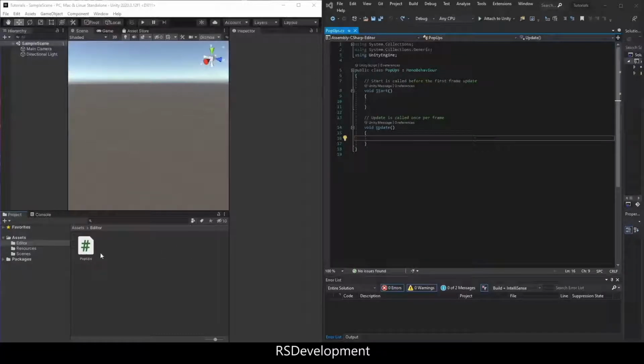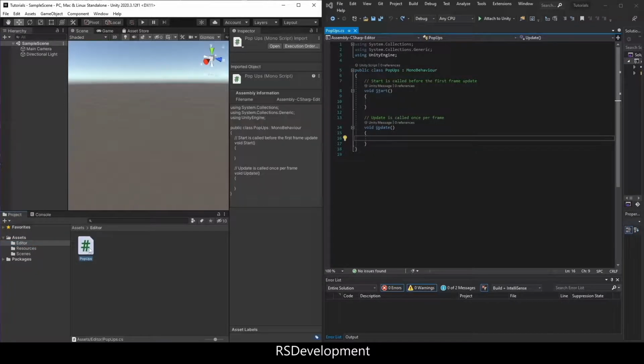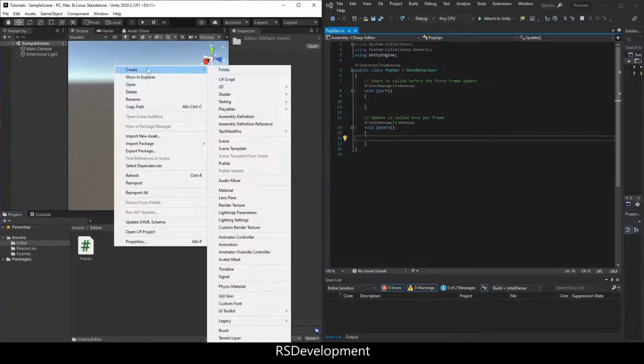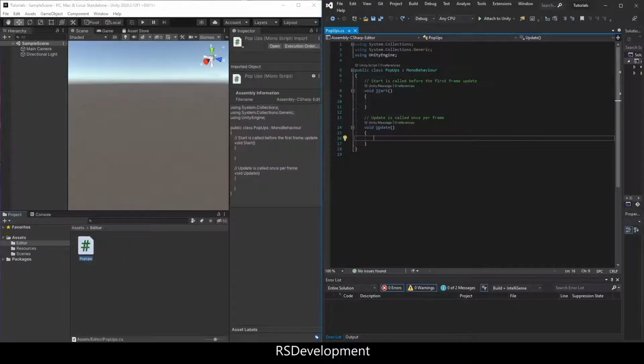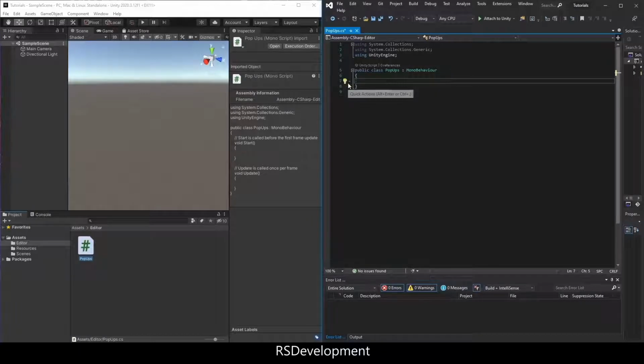To demonstrate pop-ups in an editor window, I'm going to create a folder called editor, and then within that folder create a C# script. You can call it whatever you want. I'm calling mine pop-ups. I'm going to delete everything within the class and then create a method public static void show window,